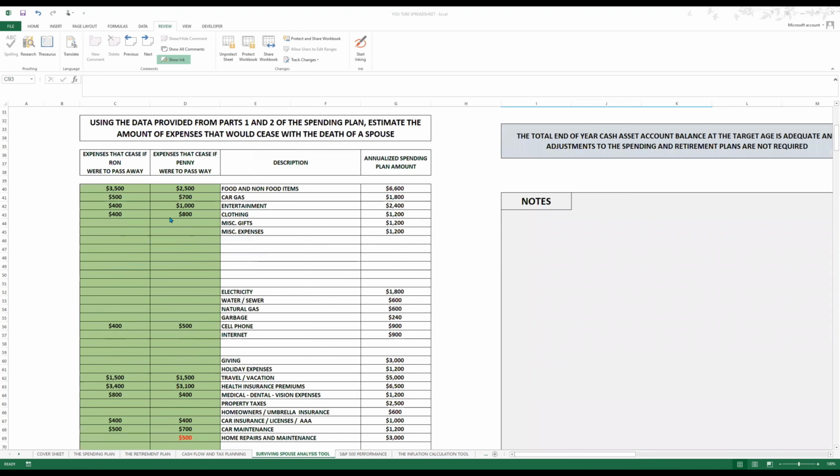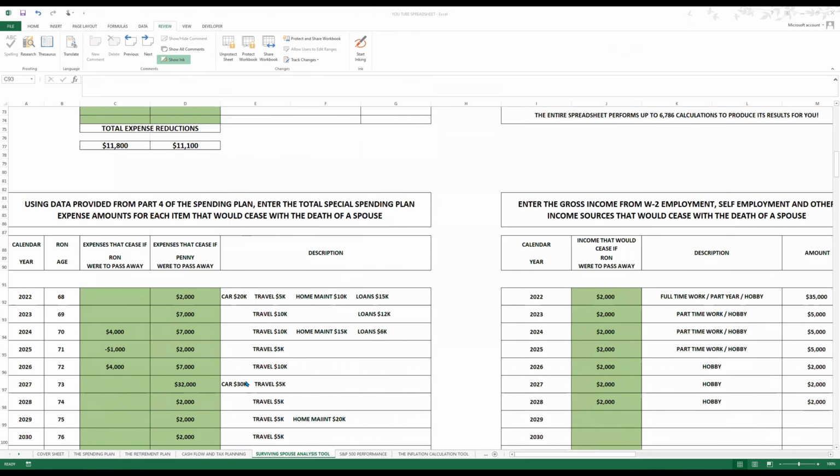I just went through each category. Here, I actually have a negative number because if I pass away, I guess I have it here. If Penny were to pass away, then I have to hire people to do home repairs and maintenance because I don't know how to do anything. So the costs are actually going to go up. Coming down here,